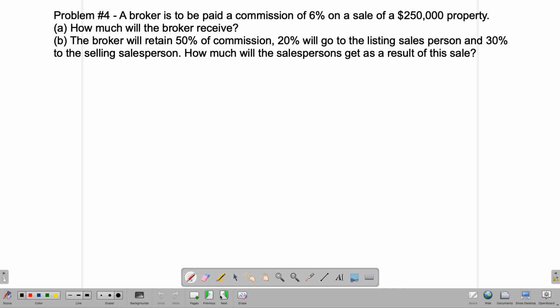So right off the bat, there's a note about this. This problem represents a case where one broker will represent dual agency. This is a rare case, and so the transaction will usually consist of the scenario where there's a broker that represents the selling side and a broker that represents the buying side. So as we continue,